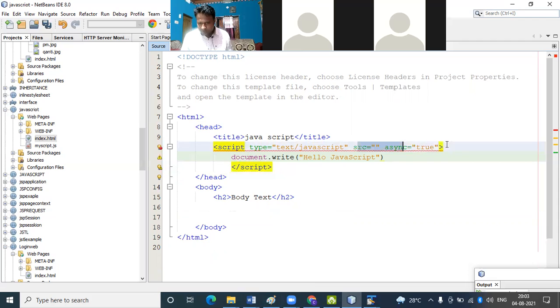So first of all, we have to mention here the script type. When you write it, for the developer to mention that the scripting you are using is JavaScript, you have to mention it. Okay, so it is the first part to display the